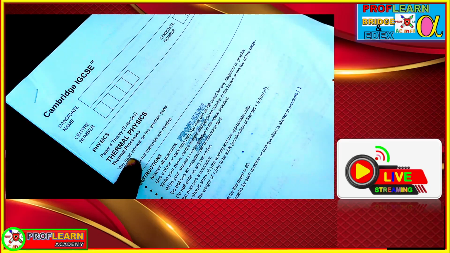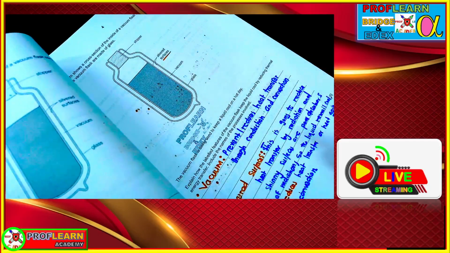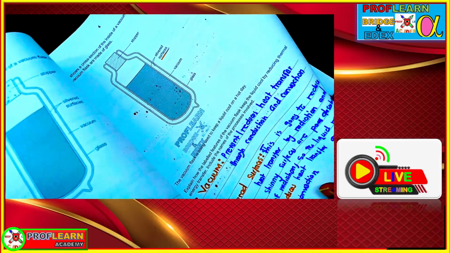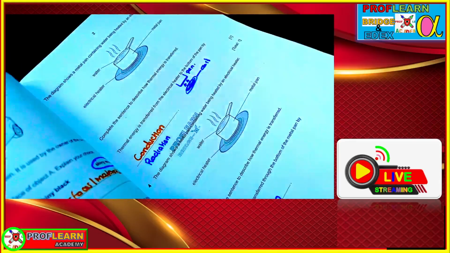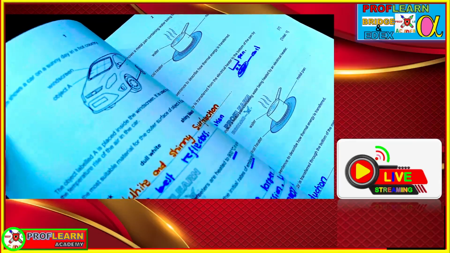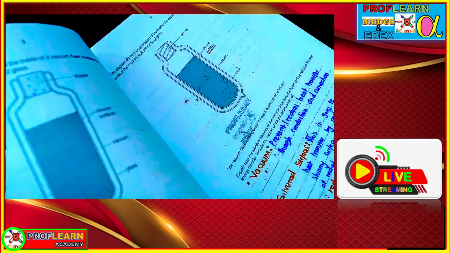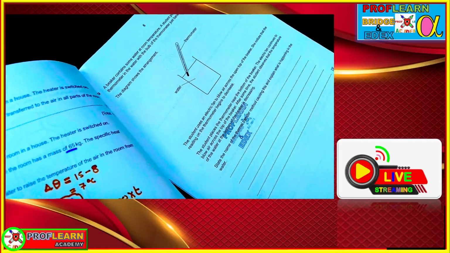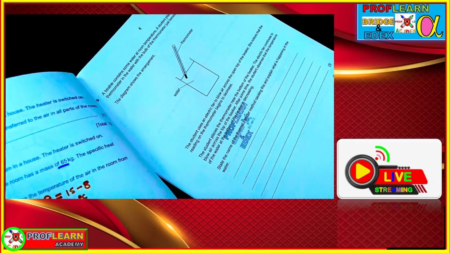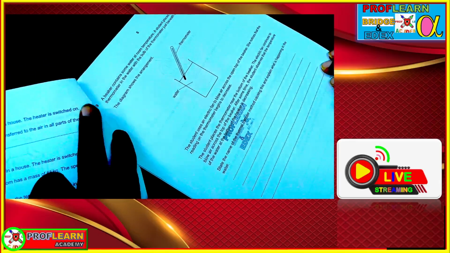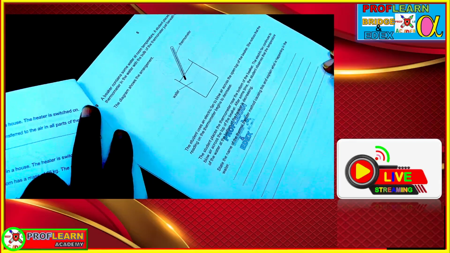So the topic was thermophysics, thermal processes, whereby we're going to talk about heat and thermal energy transfers. So these are the areas that we covered in the previous tutorial. If you have not watched, just check out so that you can see what we discussed in this area. So we are going to pick from question number 9, and number 9 says a beaker containing some